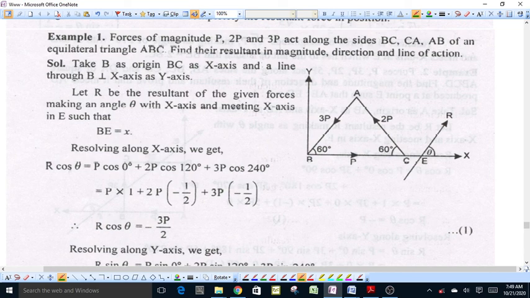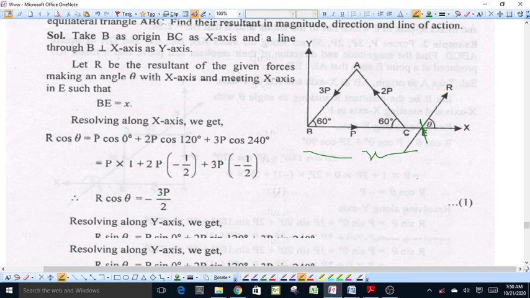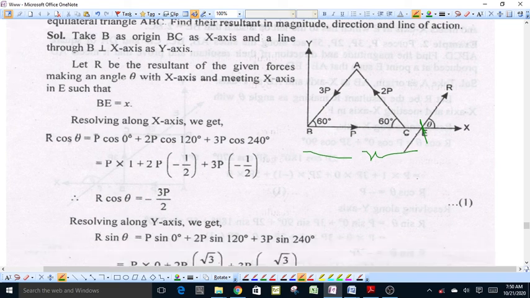Suppose that the resultant of all these forces is R, which intersects the x-axis at a point E at a distance x from the origin B. Now resolving all the forces along the x-axis,